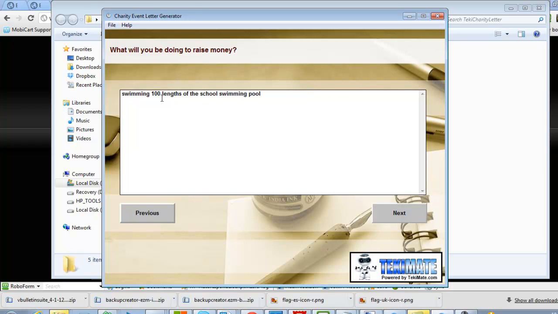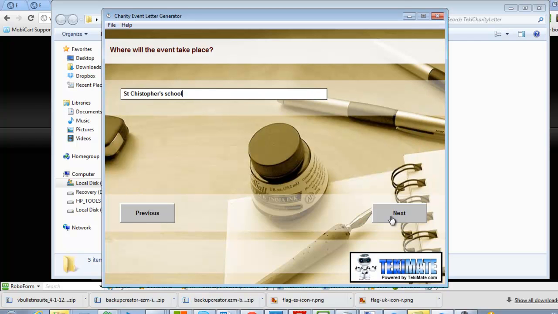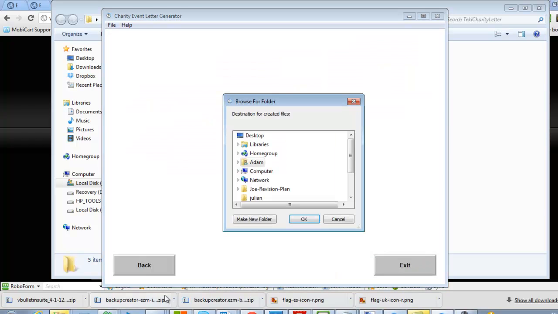Here we had a multi-line tag, but I'm still putting in just a few words here. What I'll be doing to raise the money, where the event takes place, that will be St. Christopher's, and the name of the charity, what the funds will be used for, how much we're hoping to raise, finally my name, and then we click here, create letter. We've given them the option to put the letter in whatever file that we wanted, so we'll create a new one. We'll call it